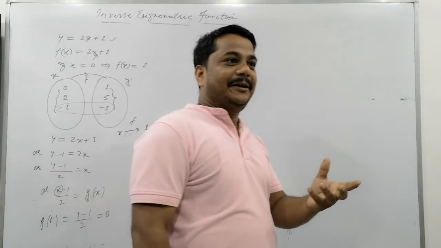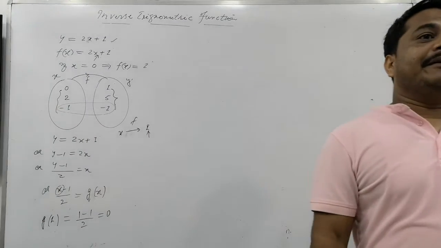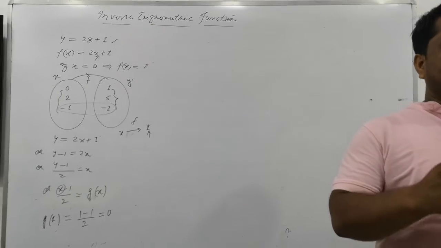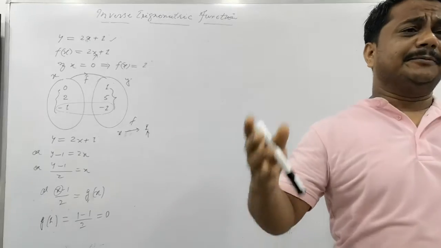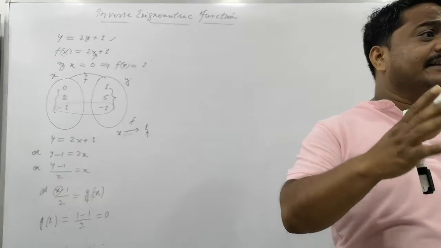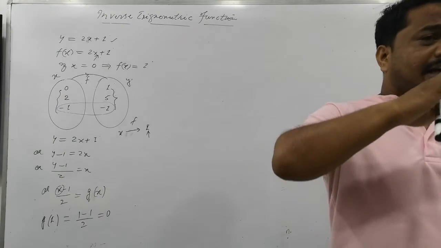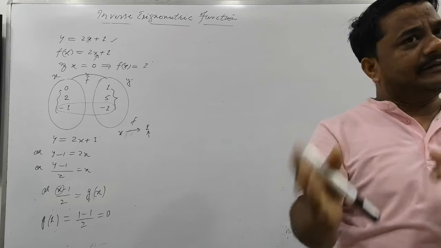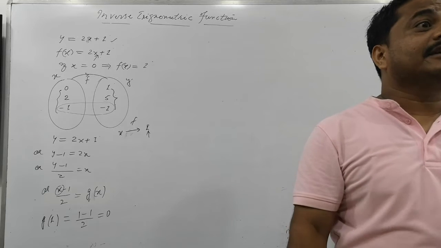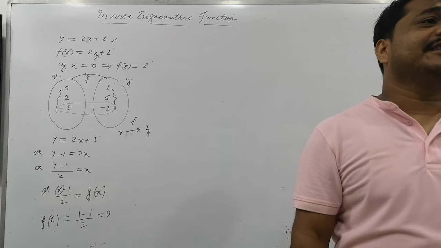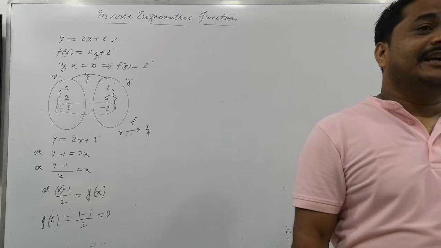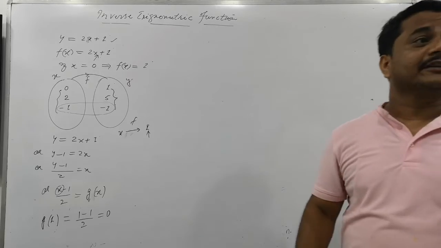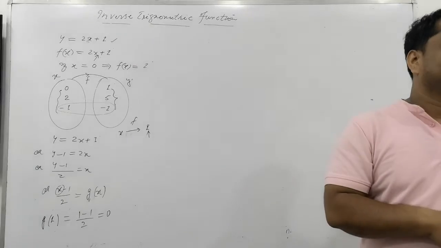Inverse function means a function by which a function's domain gives you the range or image. By substituting the image as the domain, we can obtain back the value of the domain under a certain function. Then this function is said to be called an inverse function. So what is an inverse function? An inverse function is actually the function from range to domain.